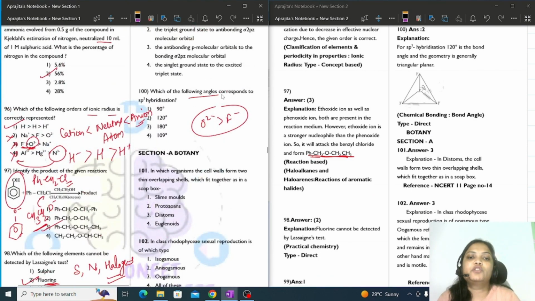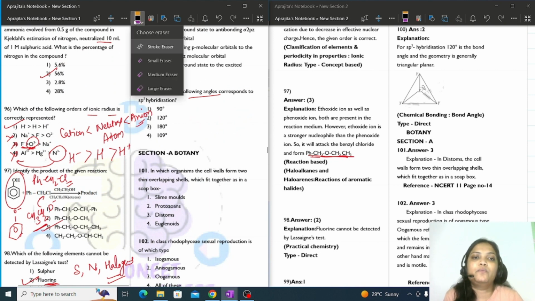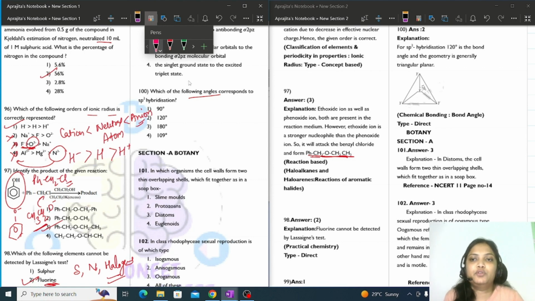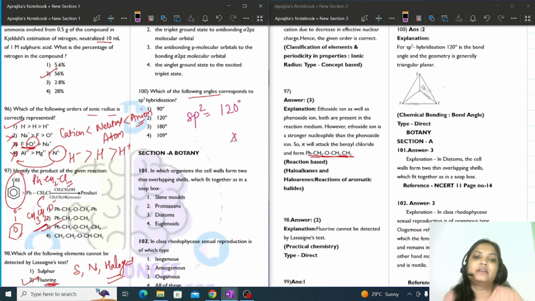100th question, which of the following corresponds to sp2 hybridization? So we know that in sp2 hybridization, the bond angle is 120 degree because the geometry is trigonal planar. So trigonal planar geometry is there. So that is why the answer is